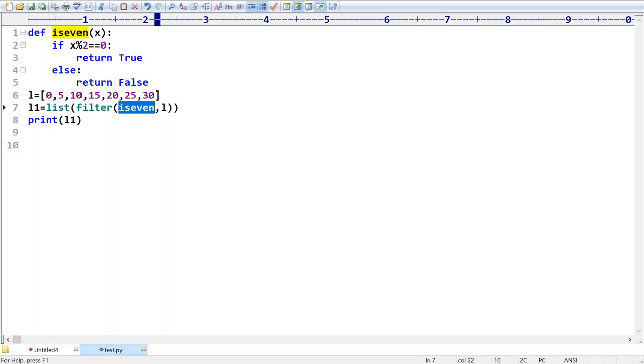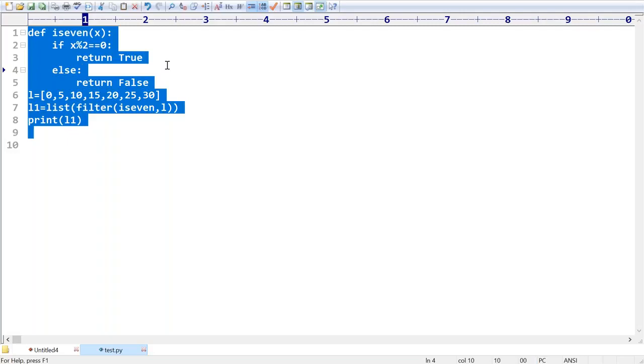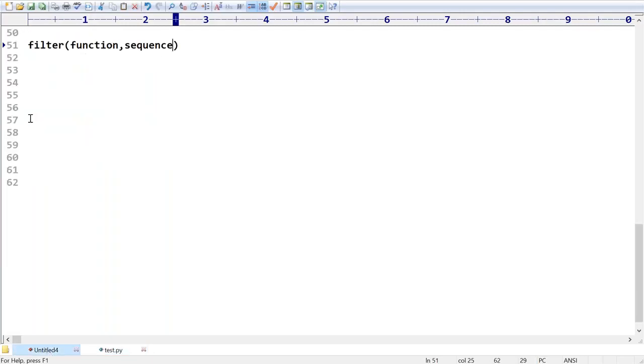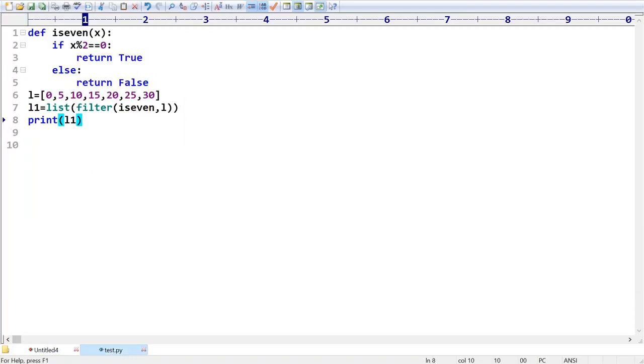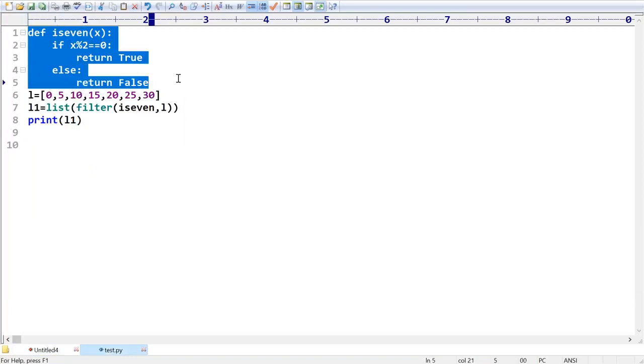Only once. Why do you have to take a separate named function? I don't want it. Okay, 1 minute. Let me save this code. After a few minutes, you will see the difference between with and without lambdas. Let me remove this one.